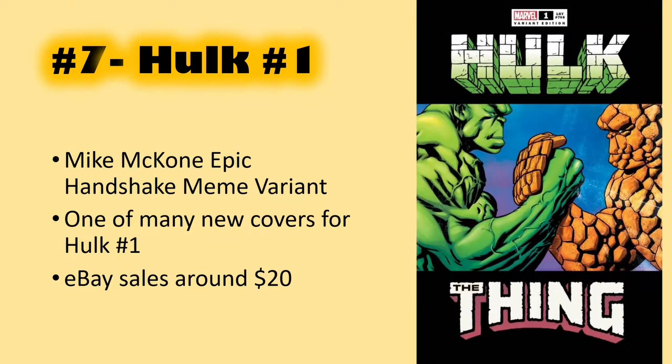Number 7. Now Hulk #1, again another comic book #1 that just came out. So you've had Spider-Man and Hulk and Venom all come out with #1s recently, and so this is the Mike McKone Epic Handshake meme variant. And I just thought it was interesting because a lot of the covers for this #1, to me, are just recycled Hulk ideas,